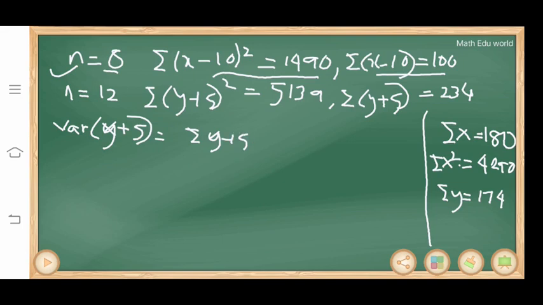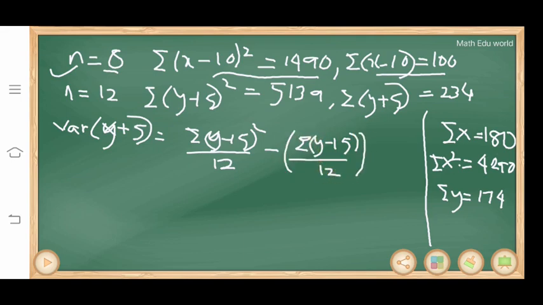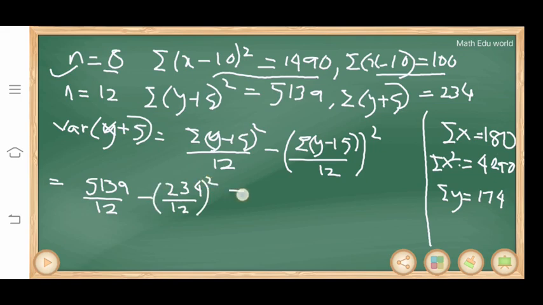Sigma y plus 5 the whole squared by 12 minus sigma y plus 5 by 12 the whole squared, which is sigma y plus 5 the whole square is 5139 divided by 12 minus sigma y plus 5, 234 by 12 the whole square, which is equal to 48. Doing this calculation, we get 48,